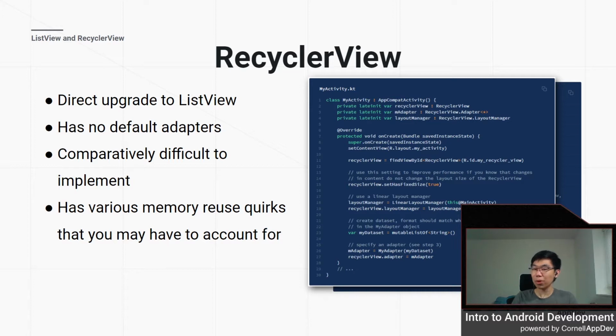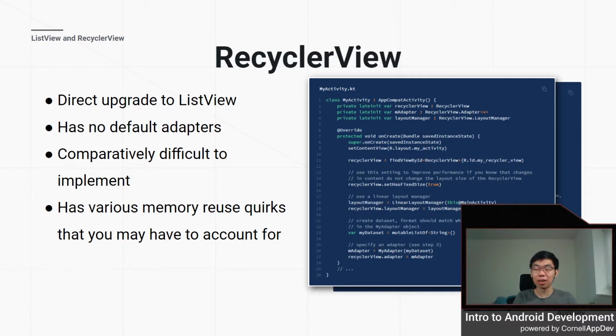And it has some memory reuse quirks. So a RecyclerView will take the thing that just went off the screen and reuse that block and fill out new things inside of it, and then put it up top so that it keeps on scrolling infinitely like a treadmill. However, if you put a checkbox in them, it might stay checked as it went up to the top, even though you didn't check that checkbox for that particular box. So there might be some memory reuse quirks that you might have to account for. But overall, RecyclerView is generally the